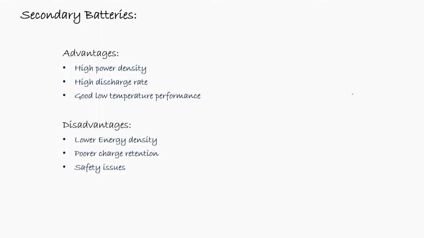Safety is an issue in the case of secondary batteries. For example, in some cases, the electrodes or electrolytes used are very toxic in nature. Therefore, when they are disposed of, it will create a problem for the environment also. Lack of standards. That means for secondary batteries, as such, no standard is maintained. So this is also a problem because of the charging and discharging of the batteries and their cycle life.